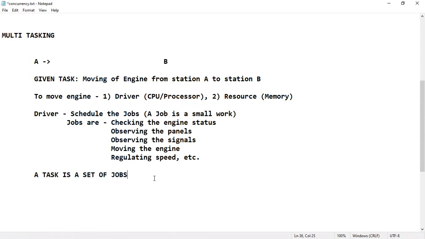When computers were first invented, users were allowed to submit only one task at a time. But later, because of high speed processors evolving, one can submit multiple tasks. Sometimes, to assist the driver in an engine, there will be a co-pilot or co-driver. We can also understand it as a driver, the main processor that will do the main tasks, and there may be a co-processor attached with the processor. Usually these co-processors will do the floating point operations, etc.